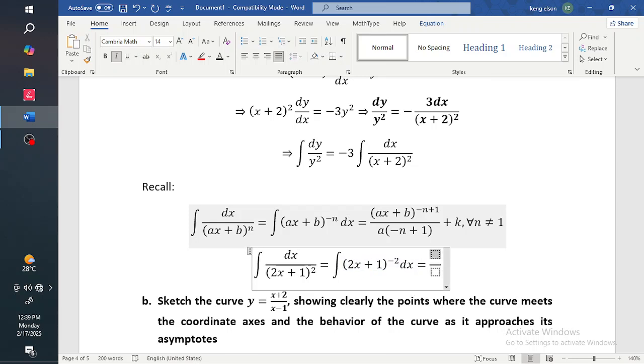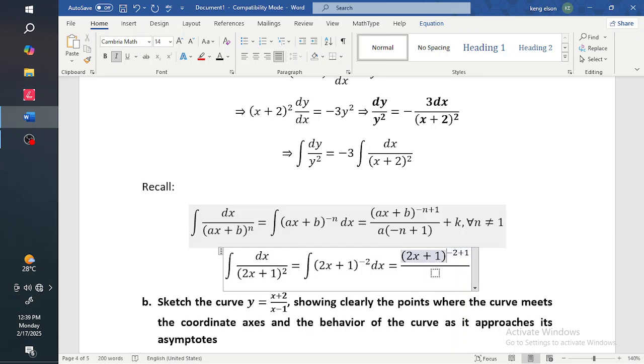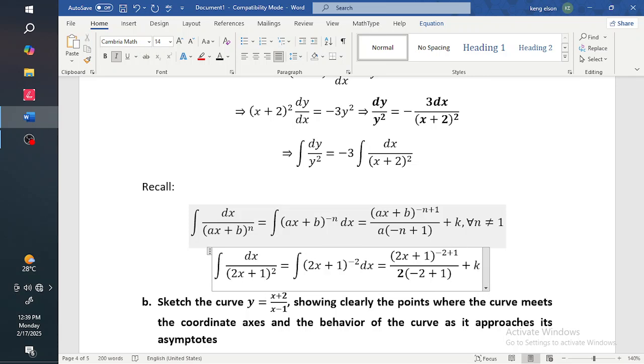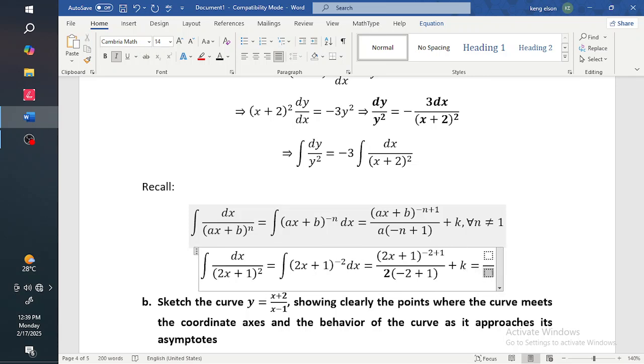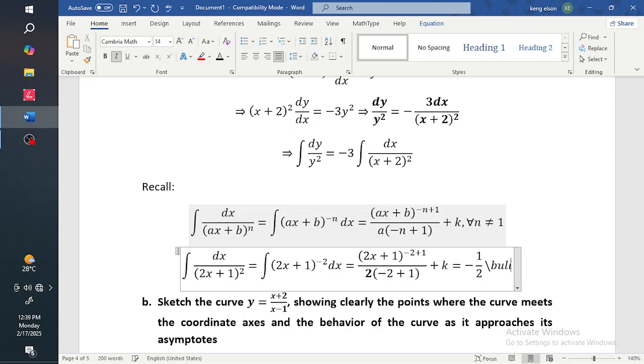And by the rule, I'm going to take 2x plus 1 raised to the power negative 2 plus 1 divided by negative 2 plus 1. Then I differentiate the 2x plus 1 to have 2. So this 2 here is the derivative of 2x plus 1. Then we add the constant of integration. The denominator, negative 1 times 2, is negative 2, so I'm just going to put negative half. Then I multiply it with